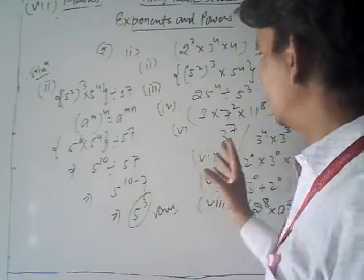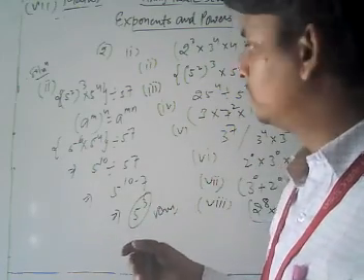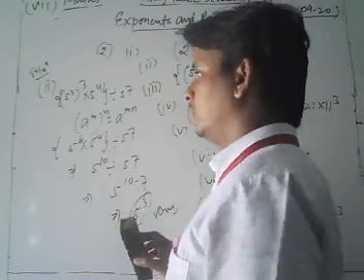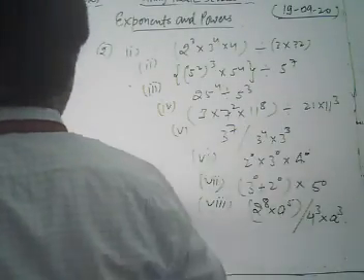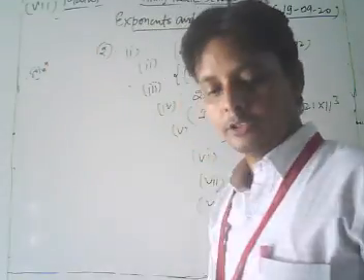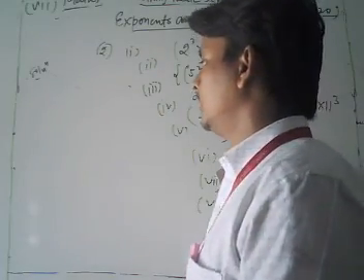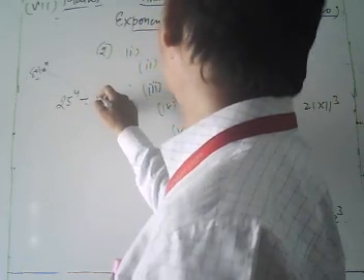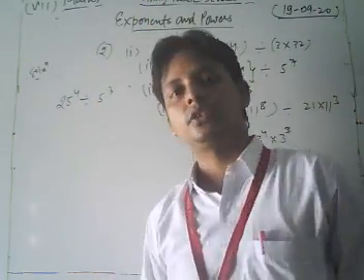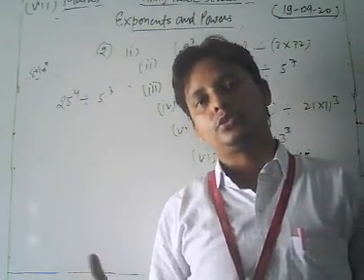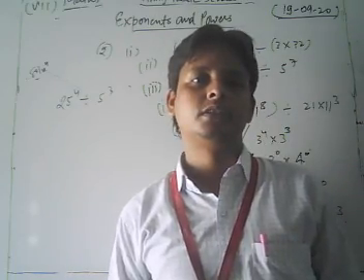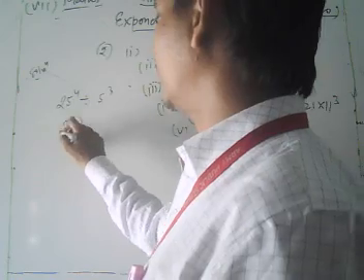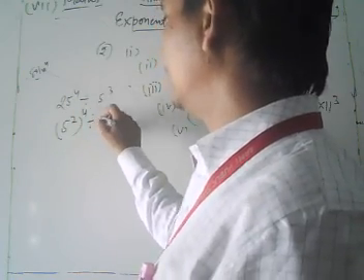Similarly, we take and solve the next question. Let's see the next part of this question. Next question is 25 to the power 4 divided by 5 to the power 3. Dear students, first of all we convert the 25 into the power base of 5. So we can write 25 as 5 square and we write the power 4 as it is, divided by 5 to the power 3.